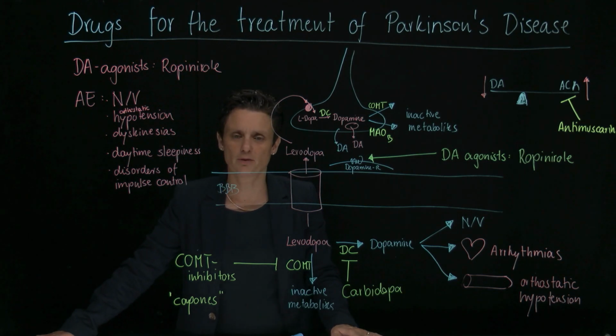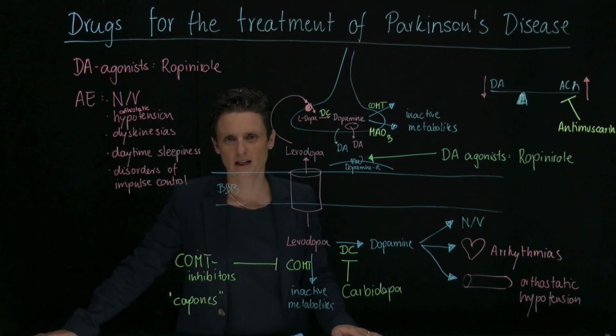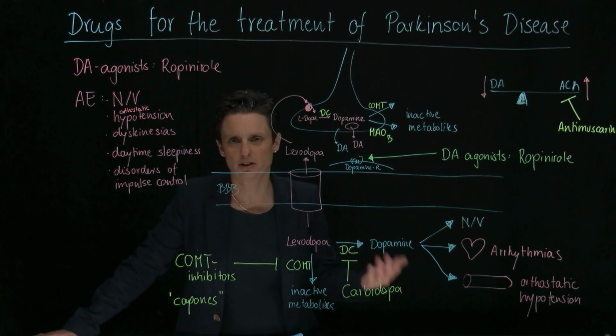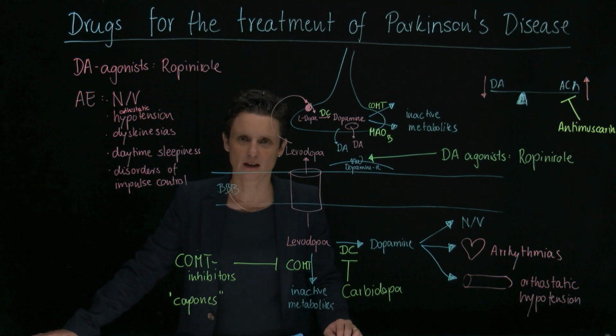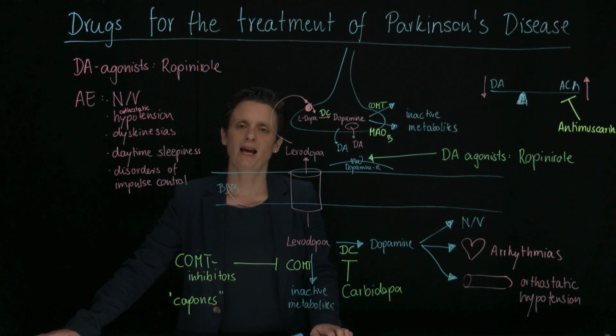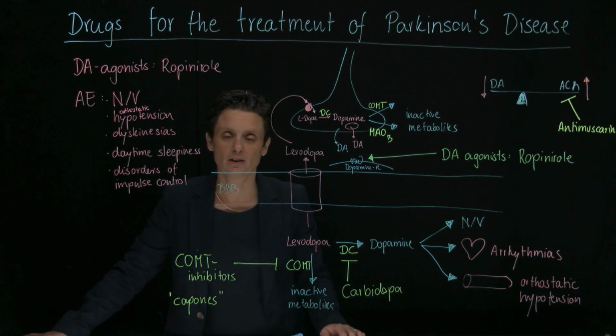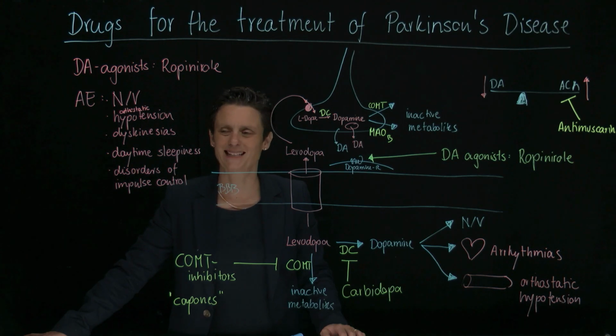One thing that has been reported fairly frequently was excessive daytime sleepiness. That got as far as somebody just falling asleep while driving a car. So that's certainly something you need to discuss with your patient. And then also something that you're going to hear a lot about and maybe read in the press is